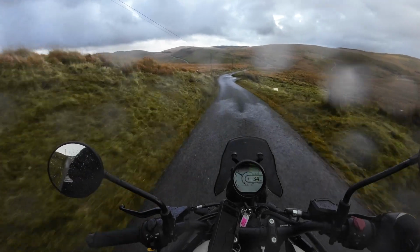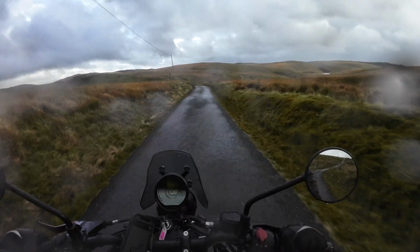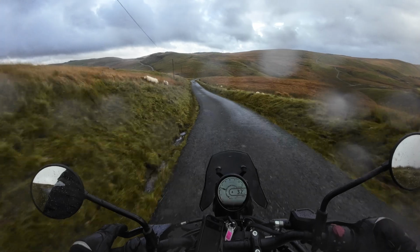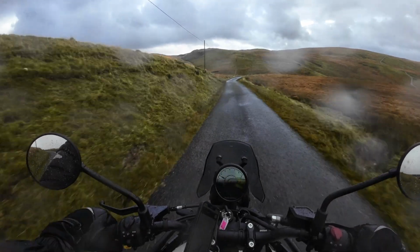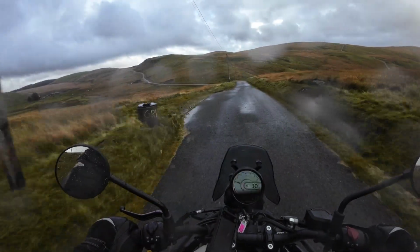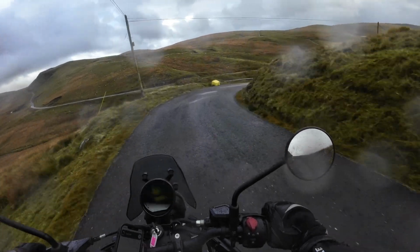The ground was just loose gravel, so it wasn't ideal. And I think if you wanted to do it, you probably would have to attack it a little bit harder, but I was a little bit nervous on this bike to do that. And in turn it just got stuck. The tyres also aren't incredible on this bike, the ones that come with it, but yeah, we attempted it, guys, and failed it big time. It was relatively easy to get back off, so that was alright, but